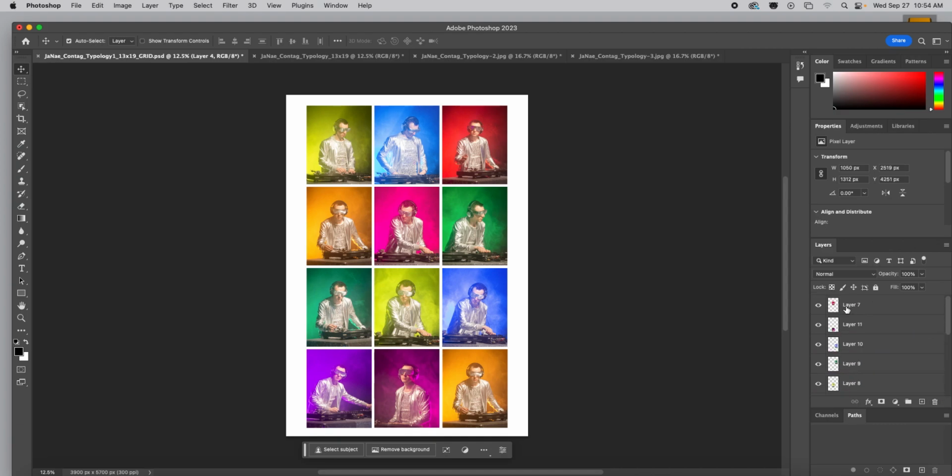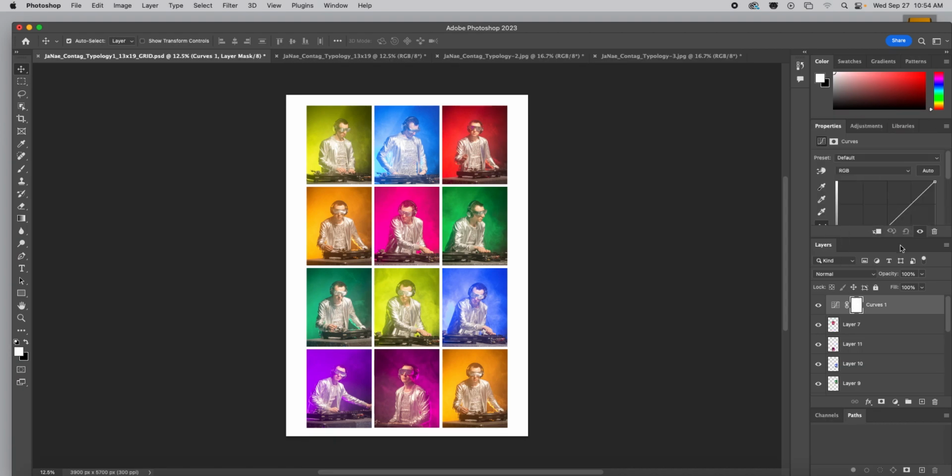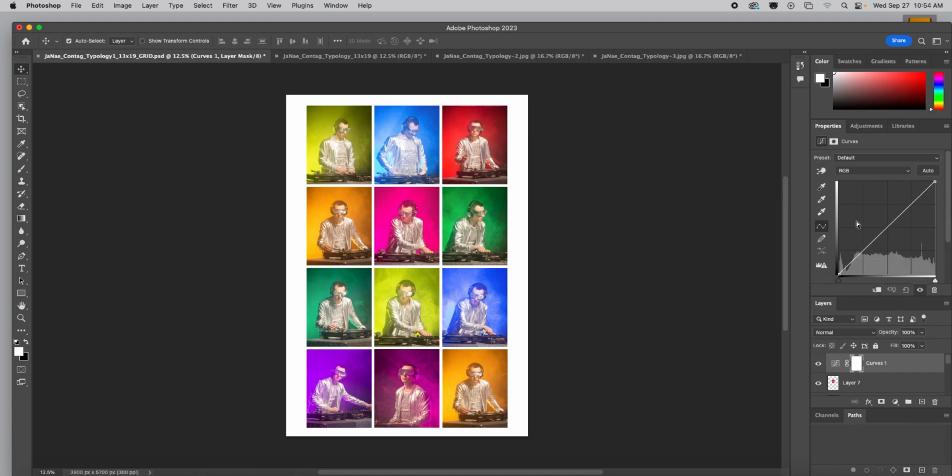I want to make sure that I'm at the very top. This curves layer is going to sit on top of all of my layers in Photoshop. I'll go up to the Adjustments tab, find Curves, that pops up, and I've got my histogram right here. I'm going to find that very center point of the curve, and essentially I'm going to pull it out towards the top left corner just a little bit to add just a pop of light and compensate for slight darkness